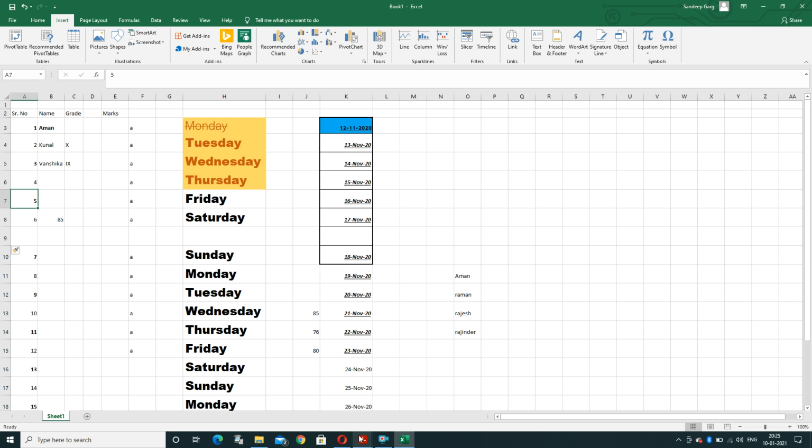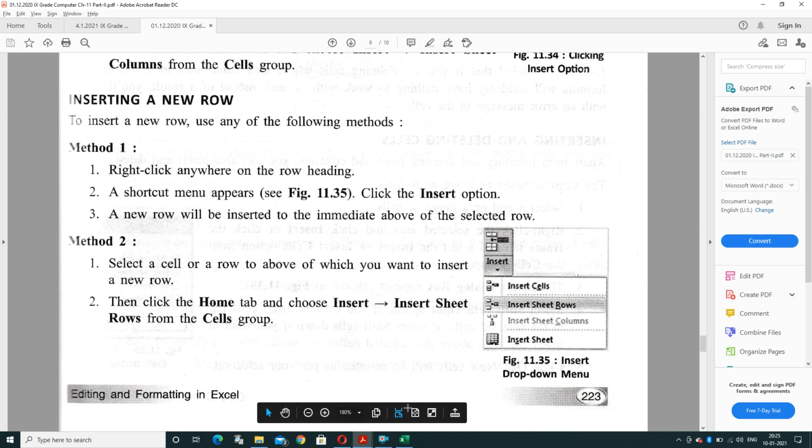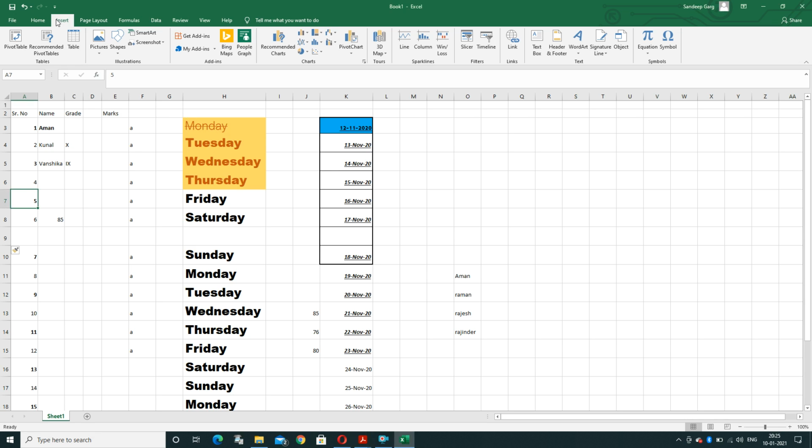Let me check where it is given, because it is 2010. In the insert option, the insert sheet row option is there. In insert, it is not there. Maybe somewhere else it is given. I'll display it later on this part.